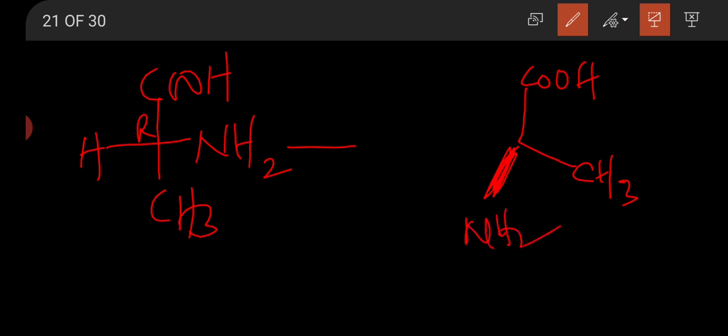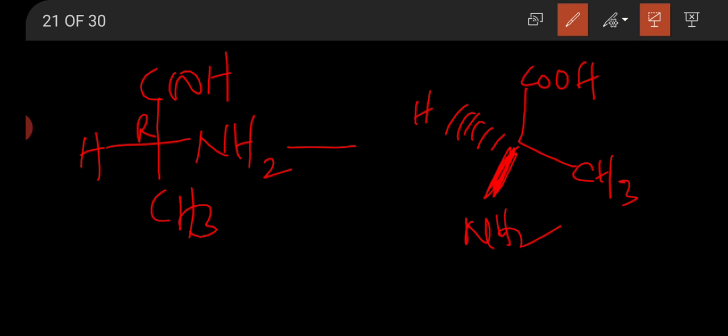If we are placing the vertical bonds, COOH and CH3, at the right side of the plane of the paper, then we have to write the NH2, the right side horizontal bond, above the plane of the paper, and the left side bond is always below the plane of the paper.